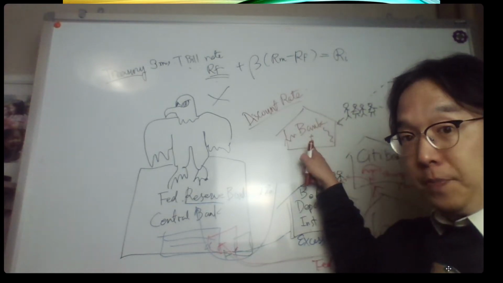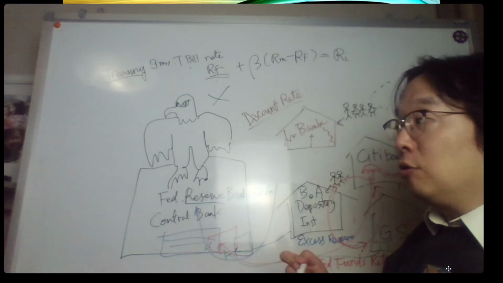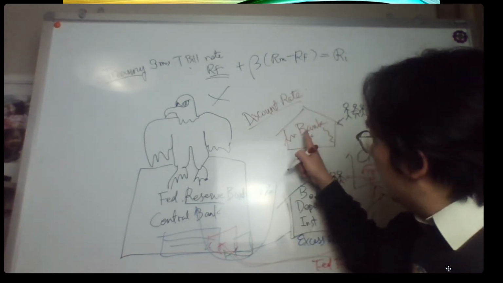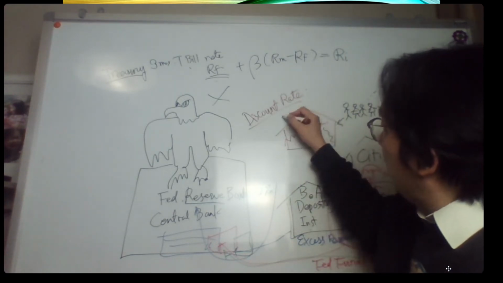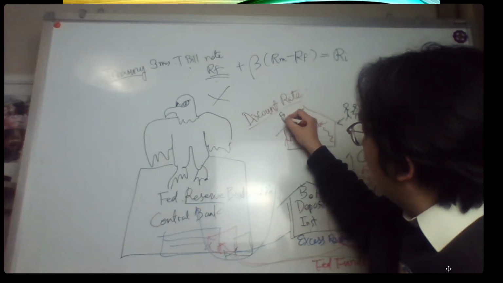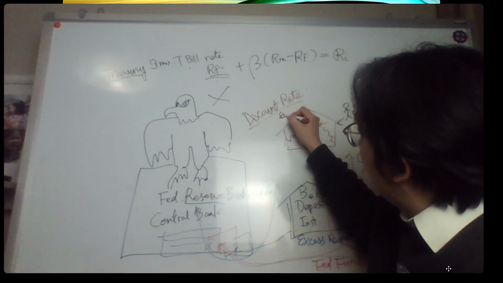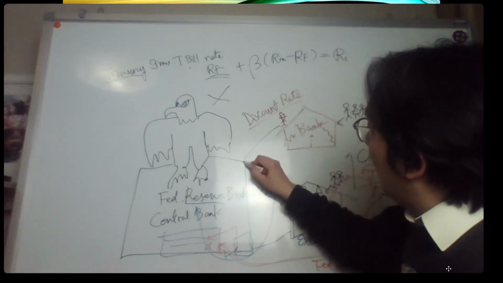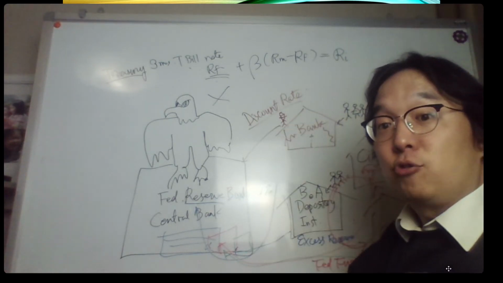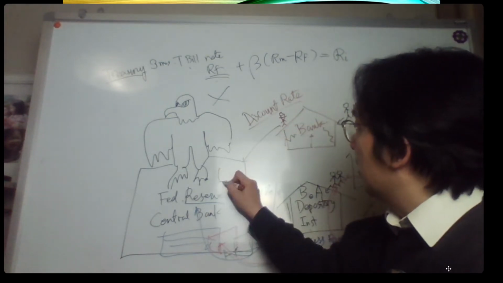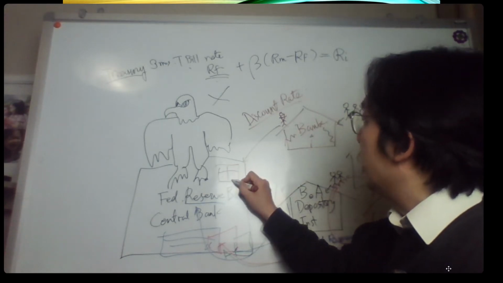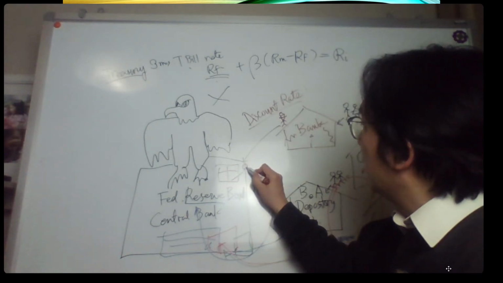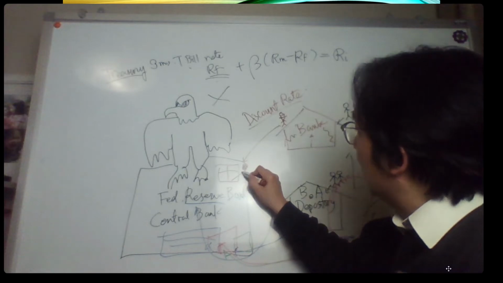Then what do they do? This banker over here, let's see this guy with a hat, has to go to the central bank and ask at the discount window. And here is a central banker who says, here you are.